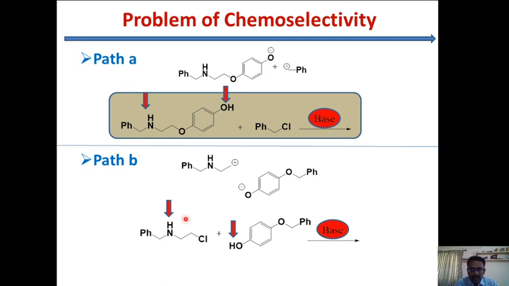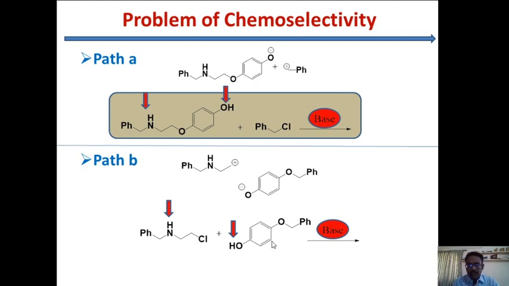Our expectation is that the nucleophile should replace this chlorine to arrive at the target molecule. But since here you are also generating the anion, this will in turn undergo intramolecular reactions. So this will compete with the intermolecular reactions, and you don't get only the expected target molecule. So again you can eliminate path B.